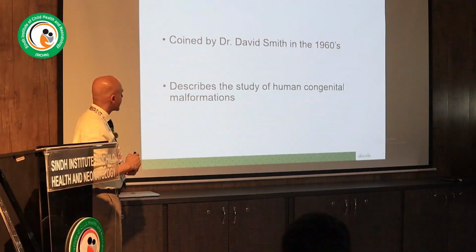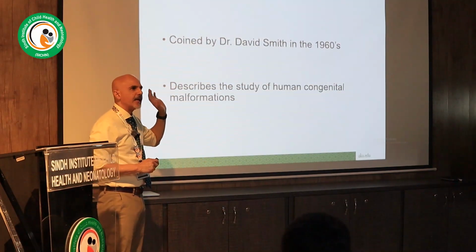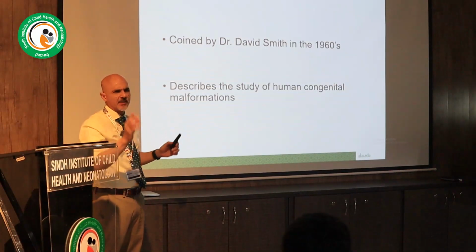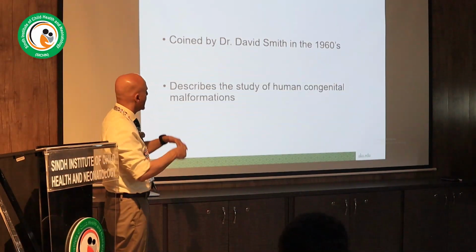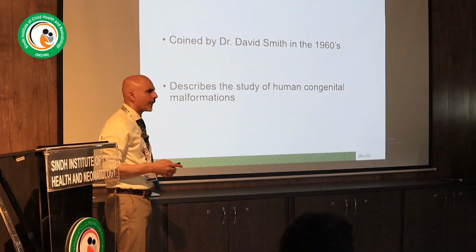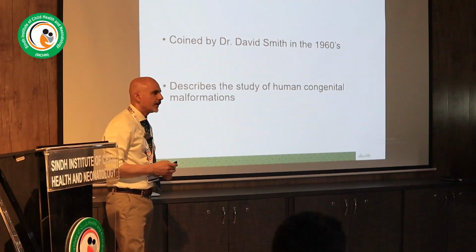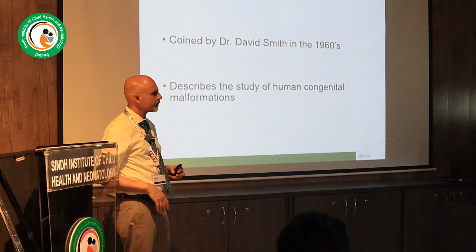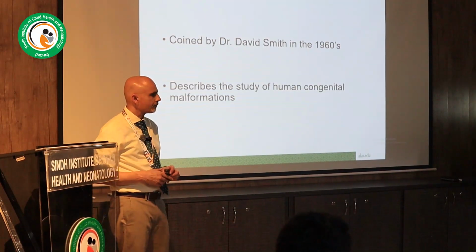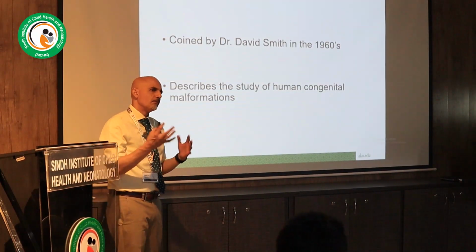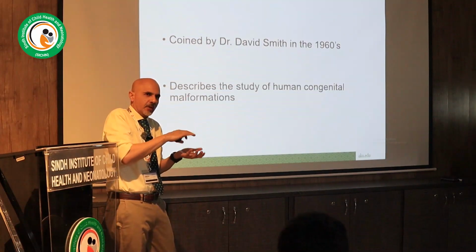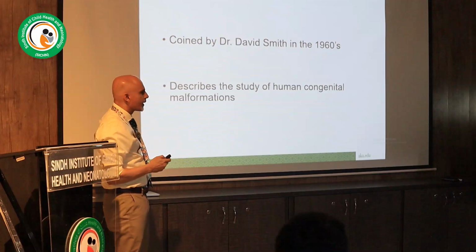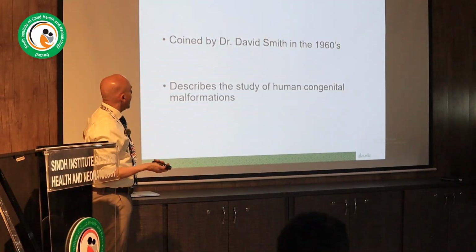And we'll talk a little bit about technology. So Dr. David Smith in the 1960s coined this term, dysmorphology, because again people were using non-specific terms and politically incorrect terms. Morphology is how things are made. Dysmorphology is how they are mismade, or not normal. It's deviation from the normal. A lot of terminologies you have to just break down and extract the meaning.